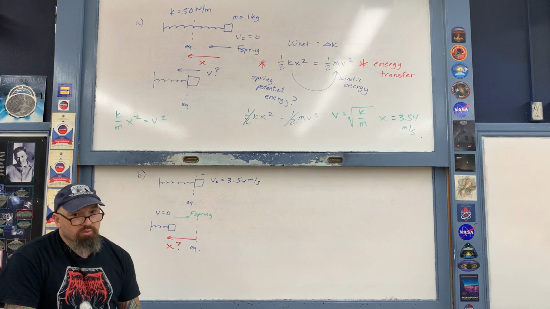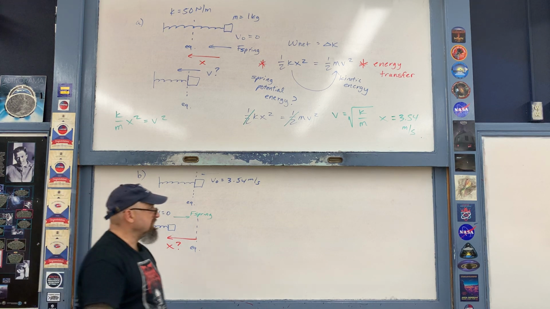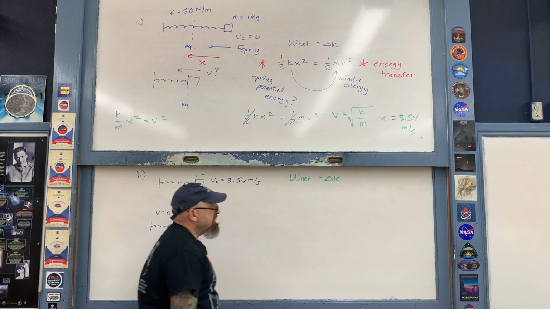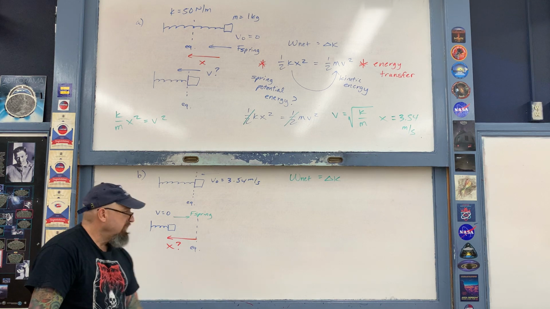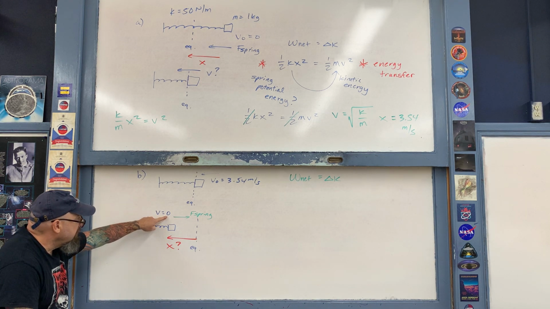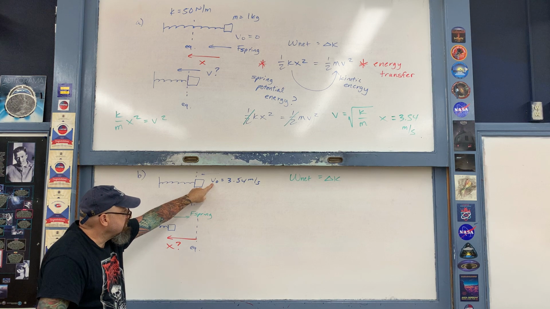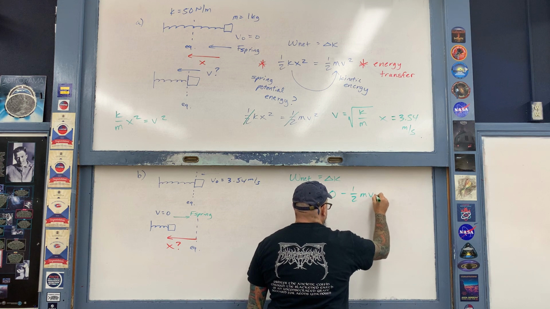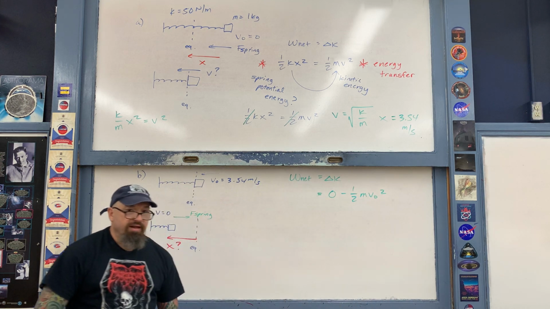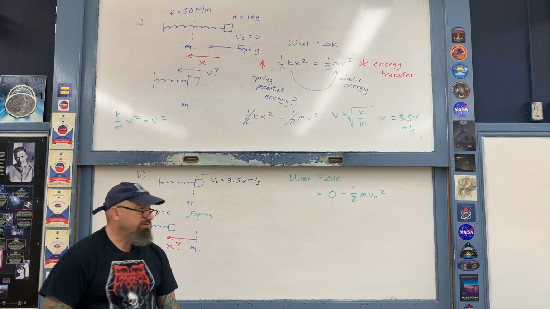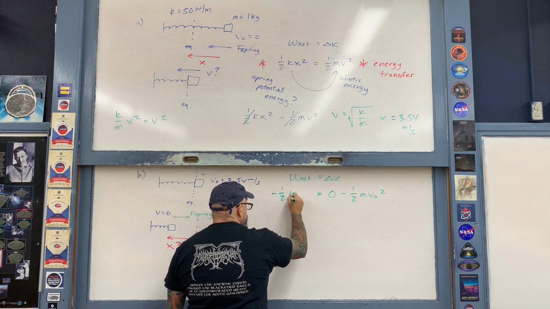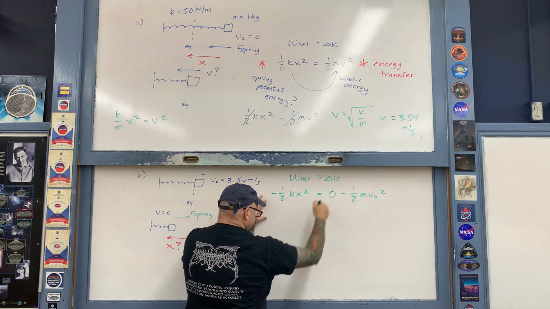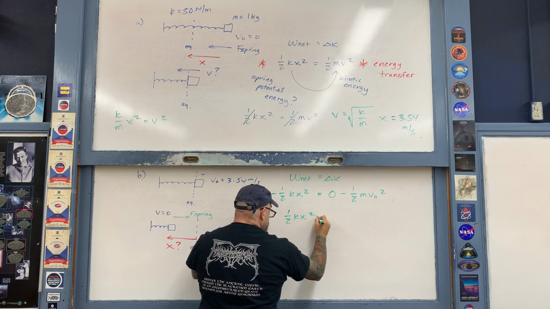Here's, however, how we set up the work energy theorem from scratch for part B of the example. So net work equals change in kinetic energy. Once again, deal with the right-hand side of the expression first. So the final kinetic energy is 0, minus the initial kinetic energy with the speed V0. So the right-hand side of the expression is going to look like this. And then the left-hand side of the expression is the work done by the spring force, which from earlier in this lecture is negative 1/2 kx squared. Notice that the negative signs will cancel out here in the expression, and then you end up with this expression here,